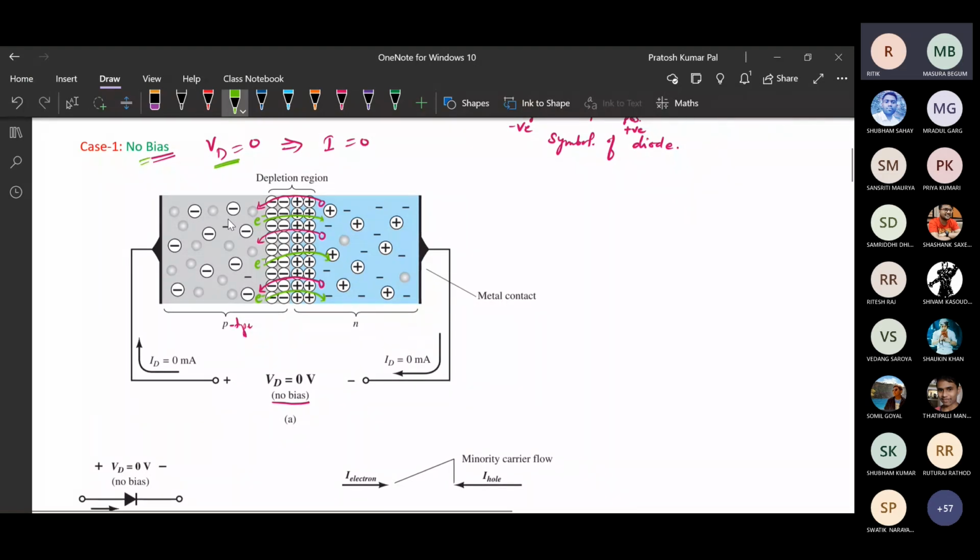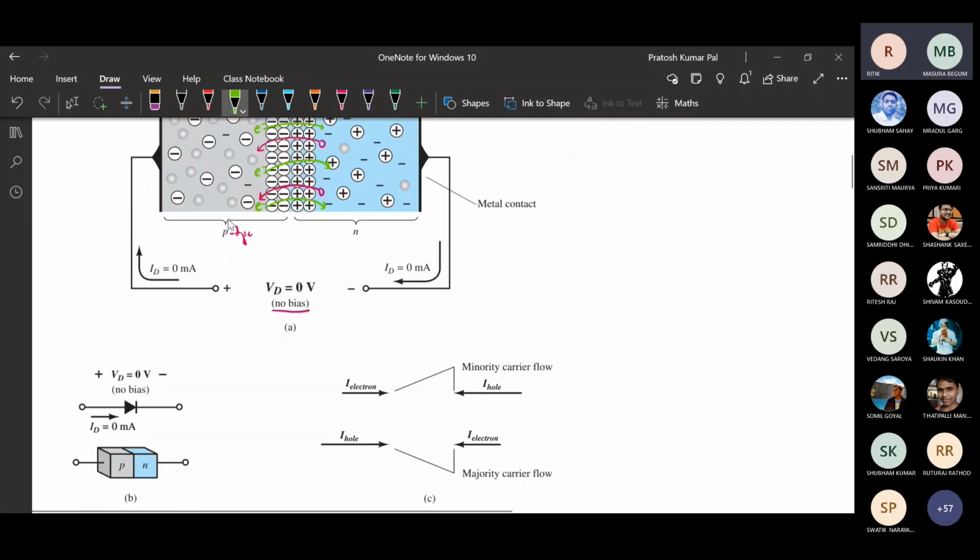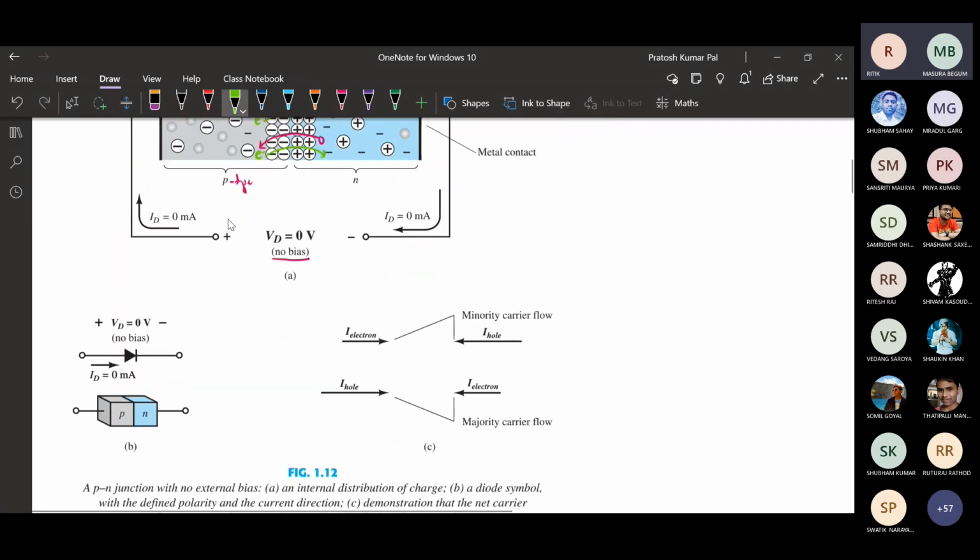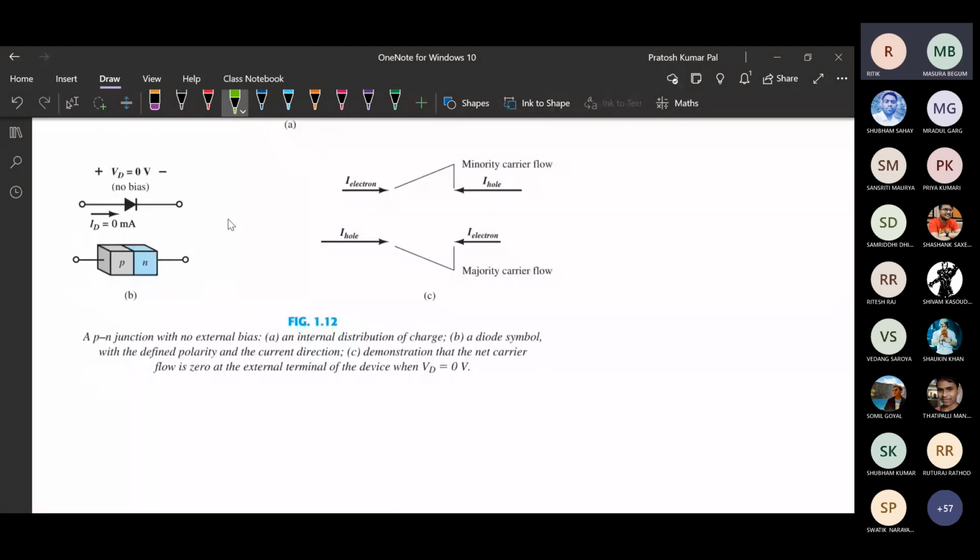Okay, so that was the case, and here the diode is there, that is the symbolic representation. This diode has p this side and n this side, so at the p-type the positive voltage is applied, and at the negative side a negative voltage is applied. Inside this Vd is represented by plus here and minus here. So Vd here is 0, as we are not applying anything, and also the ID current is 0. This is just a symbolic representation.